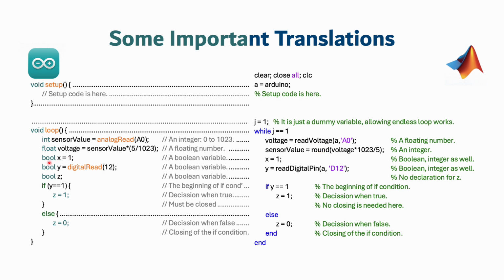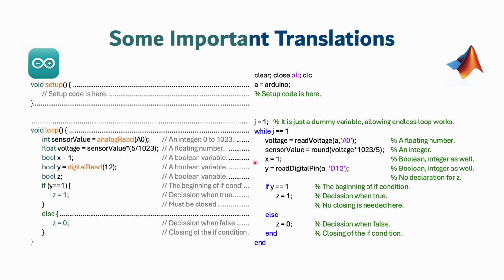One more thing: Boolean expression, Boolean variable. Boolean represents a state of digital input such as a metal detector. If the detector detects an object made of metal, it will send 5 volts, and then 5 volts will be interpreted as 1 by the software. In MATLAB, if you want to declare a variable in the form of Boolean, all you need to do is write x equal to 1.